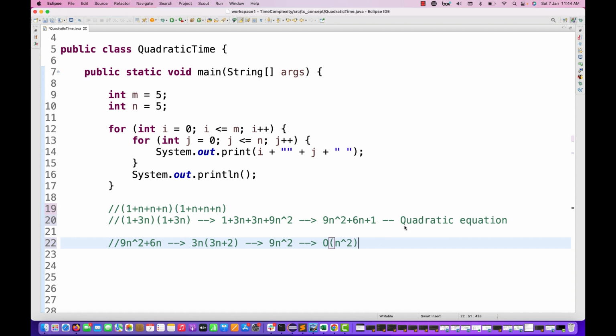So what kind of equation is it? This is again a quadratic equation. Finally, we are getting it. So instead of writing O of 9n square plus 6n plus 1, we simplify that, and this is O of n square. Whenever you see 2 for loops or 2 nested loops, in that case it will be O of n square. Let's see, tomorrow if I write one more for loop inside this inner loop, then it will become